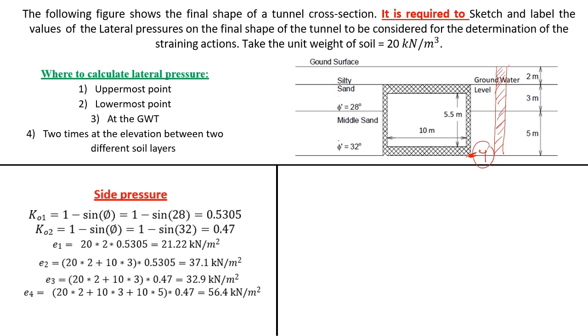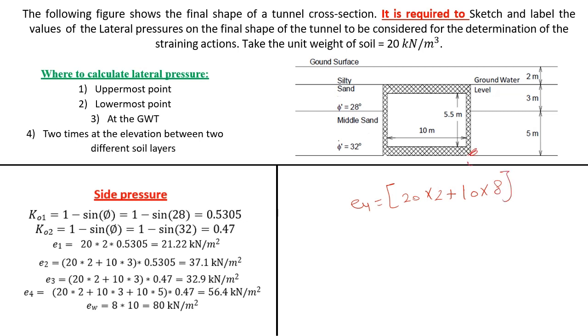So you have here this part, it's 20 by 2, and then you have this part, it's 8 meter deep, and it has a submerged unit weight of soil of 10 kilonewton per meter cube, so it's 10 by 8 meter. So for point number 4,